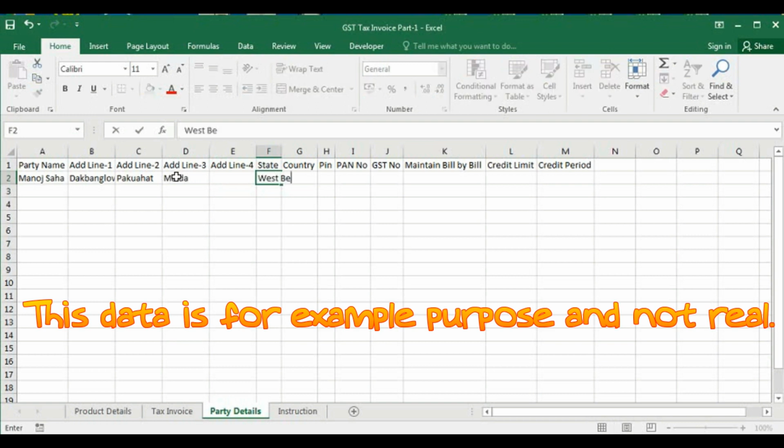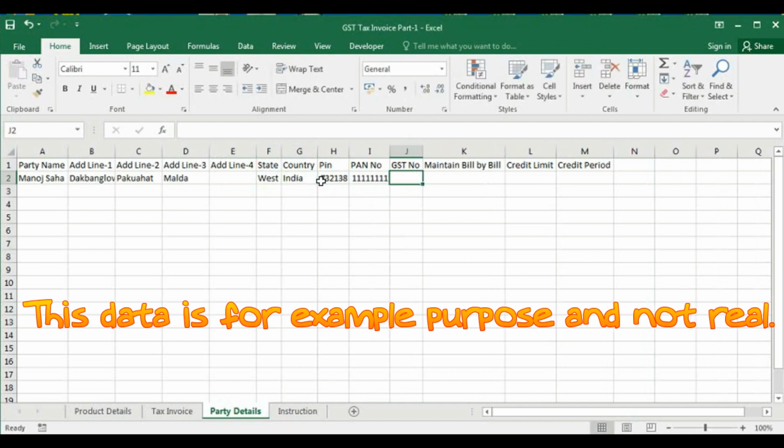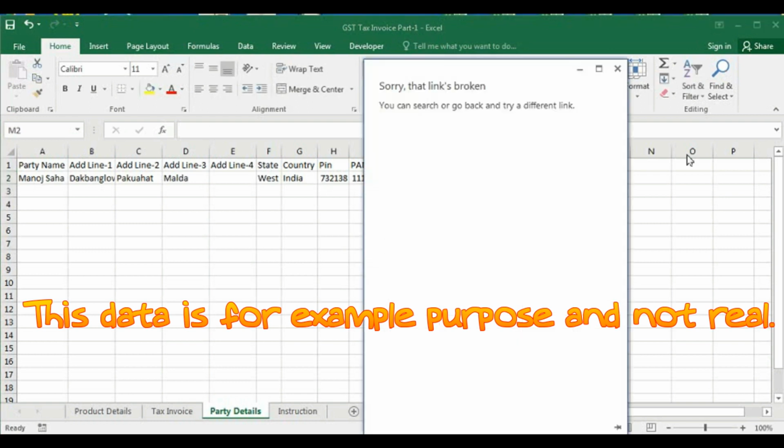State West Bengal. Country India. PIN number 732138. PAN number, for example, I am giving 11111. GST number 10101010. This is for example only. Maintain bill by bill, yes. Credit limit 1 lakh. Credit period 30 days.